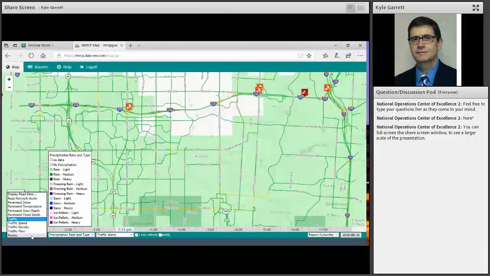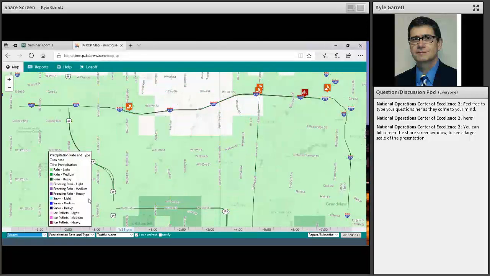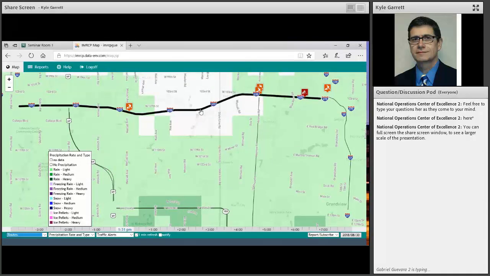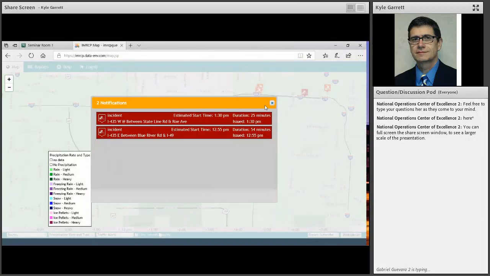I want to show you a couple of other options that we have as well. One of the things that was expressed as being of interest are travel times. So on the road display, I can also select routes. And we have a limited number of routes for which we compute travel times, both in the current state and in the future. So for example, I can highlight,